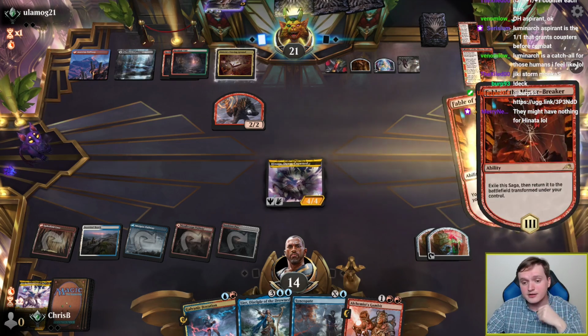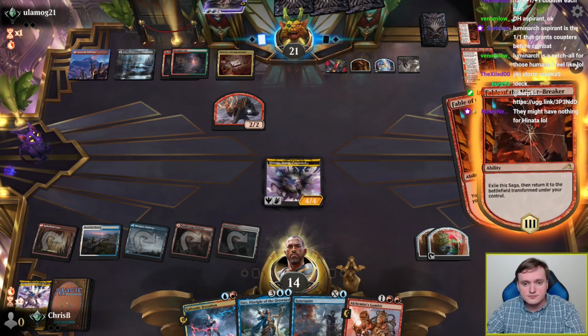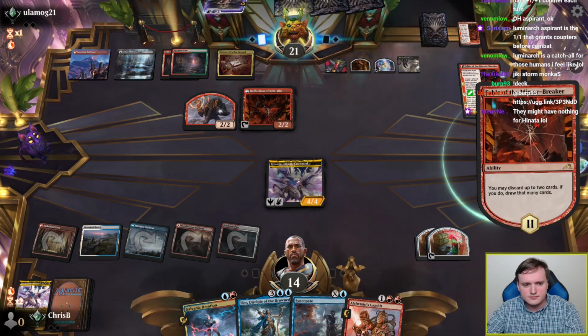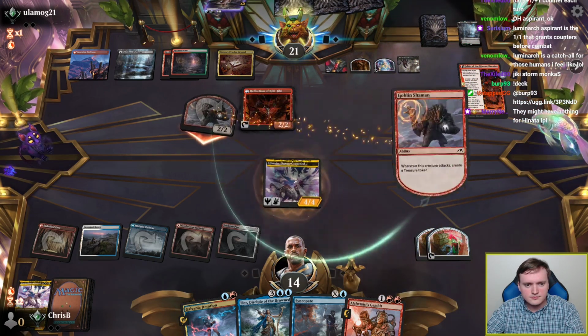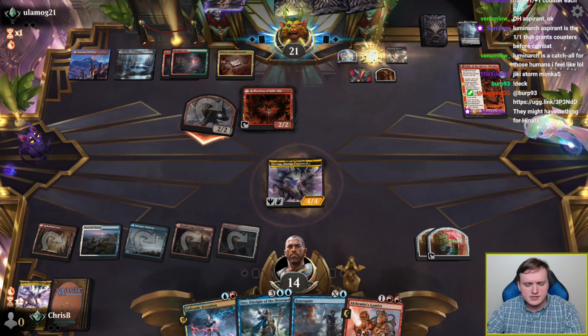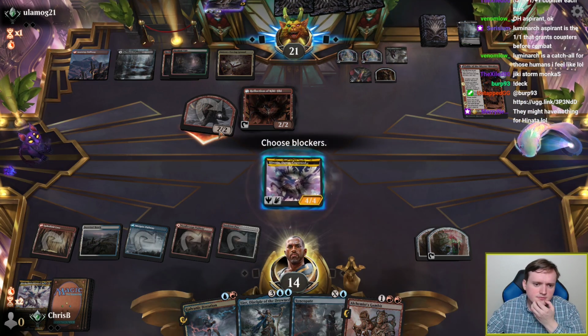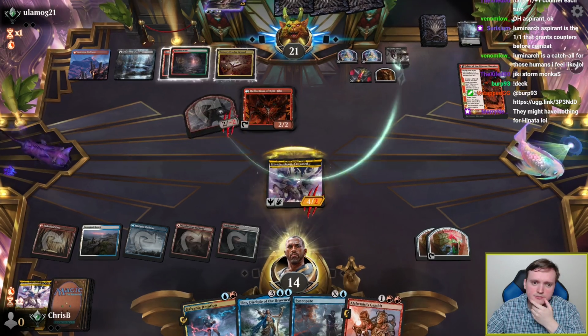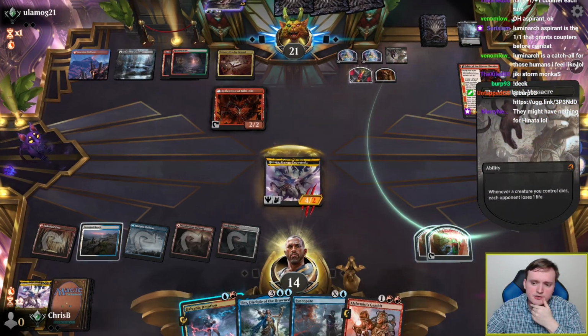They might have nothing for Hinata. This is true. This is very true. Extremely possible. Second verse, same as the first. Not interested in letting them have the thing sticking around to make more tokens, so if they want to Meat Hook Massacre me again...